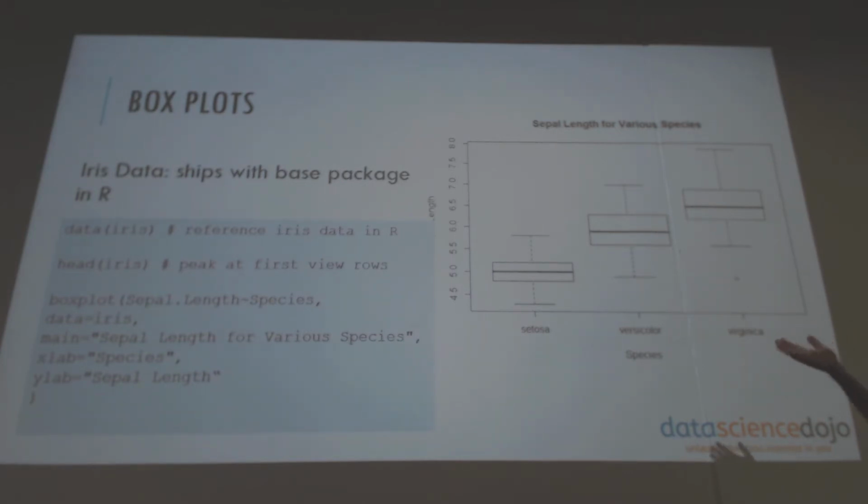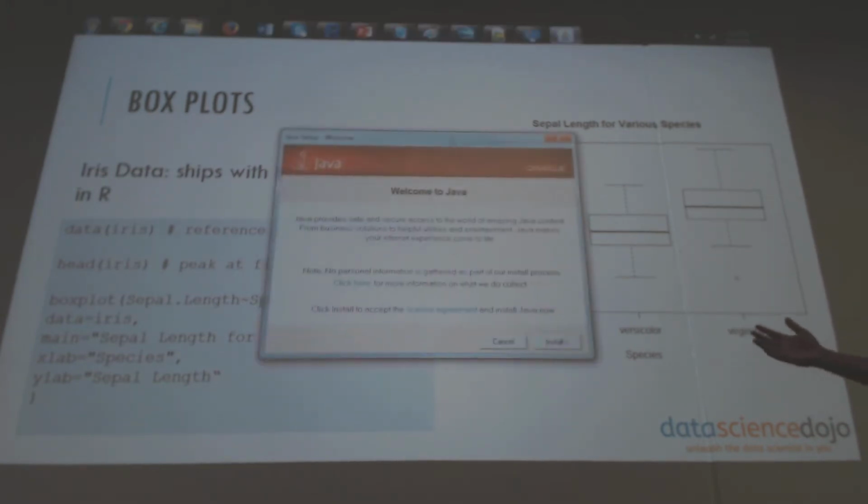When I load this data, the first command, data iris, just loads that data into memory. The second command, head of iris, gives you the first few rows. I think I didn't paste it here, but in a later example, I will use that. And the third thing,